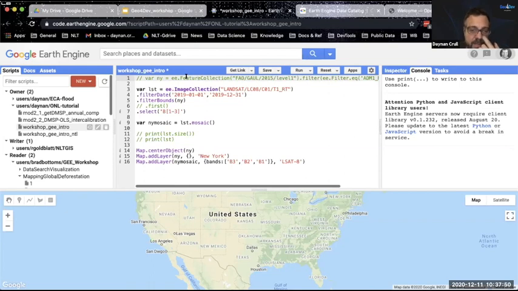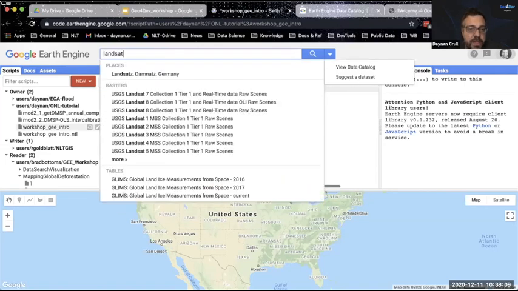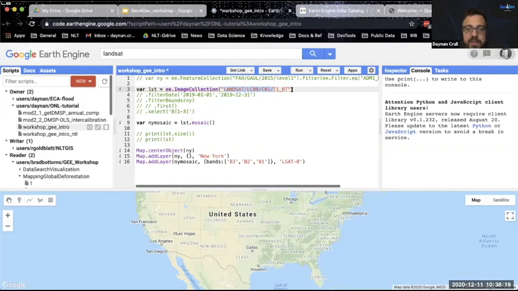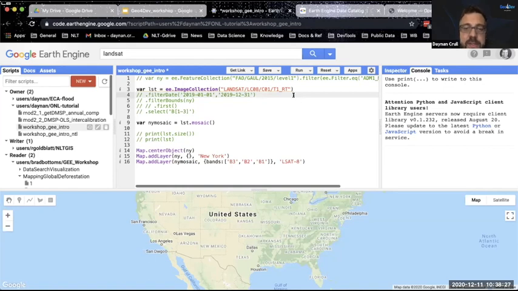So let's start with something fairly simple. We have a JavaScript here that is going to be pulling some data, in this case, Landsat 8 data. I'm referencing the location of the data. If you want to know where the location is, this is Google after all, you just Google it in their search engine, find the data set you want, and copy the snippet. If I paste it, basically I'm getting a variable that points me to an image collection.